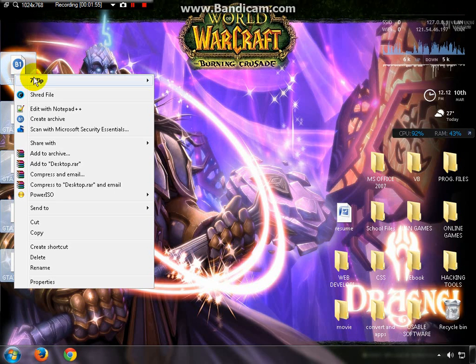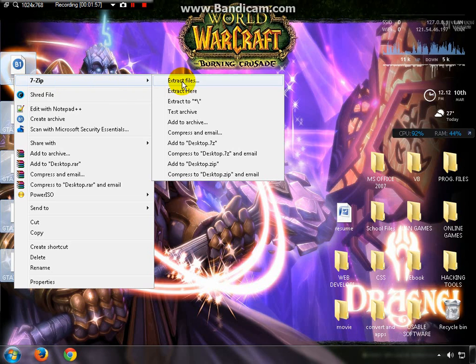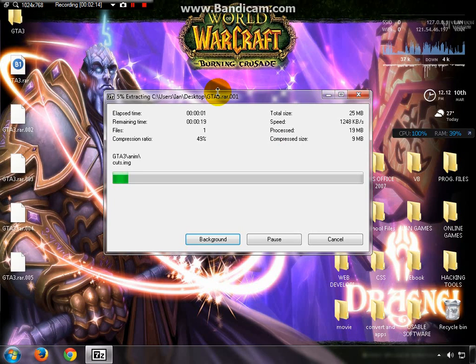Select all, then click on 7zip and choose where you desire to extract your files. My decision is the desktop, so I will click on extract here. Then wait again for a moment for the extraction to finish. So you saw the folder on my desktop here.